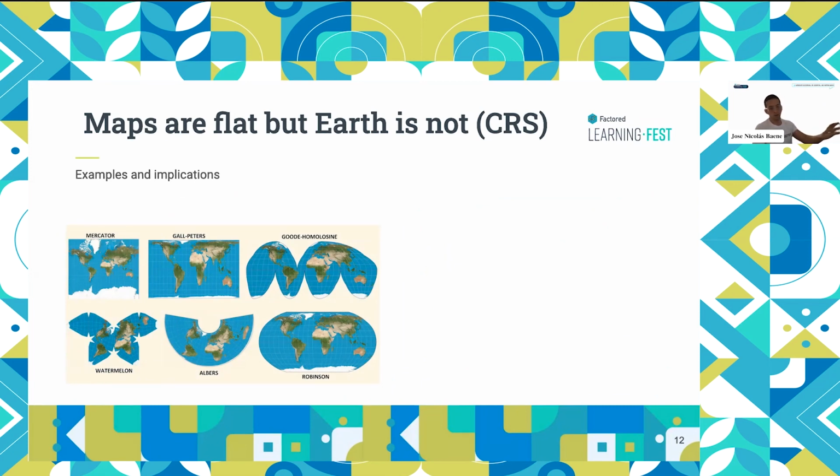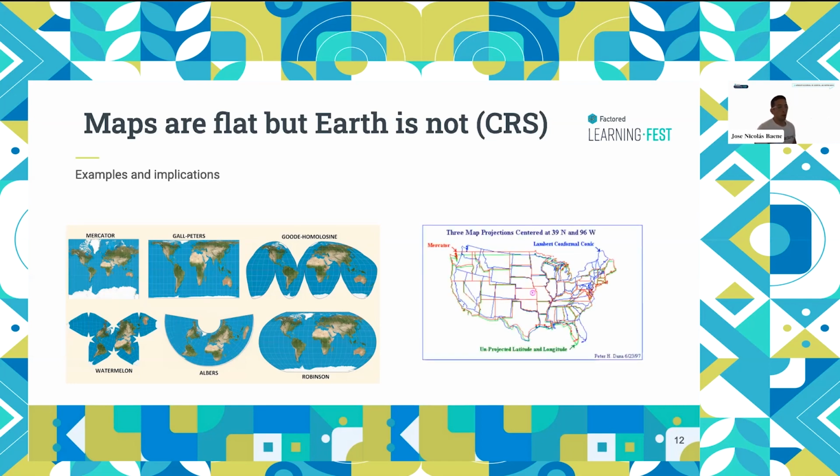I haven't gotten to use any of these because these are for a specific application, but for most mapping, Mercator will be nice. Depending on where you work, you will find others. I also wanted to show you how this impacts not only the way you analyze, but also how we perceive our world. We have a map of the United States with 3 different projections, and you can see how deformed it looks in different ways. This is why sometimes we tend to think that, for example, Greenland is absolutely huge. Well, it's actually very small, but the way our maps are made has shaped our view of the world.